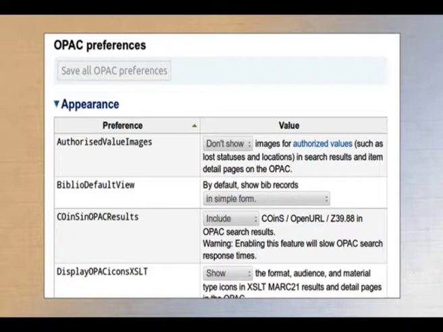Now, for example, if we go for the OPAC module only, you see here how you can handle OPAC. You can handle the appearance of OPAC through this kind of parameters. Say for example, here it is the biblio default value. By default it is given in simple format, but you can change the simple format into MARC format or ISBD format. So, the moment a user retrieves a particular record in the OPAC, the record will be displayed either in simple format or in MARC format or in ISBD format, but you are controlling it from here.